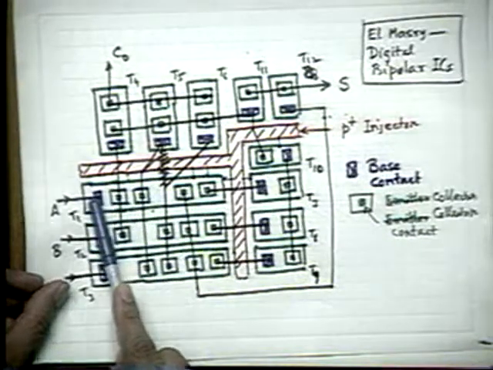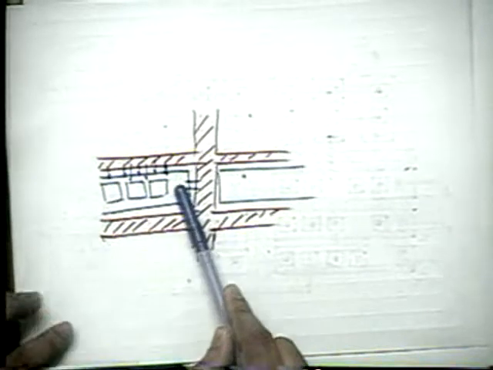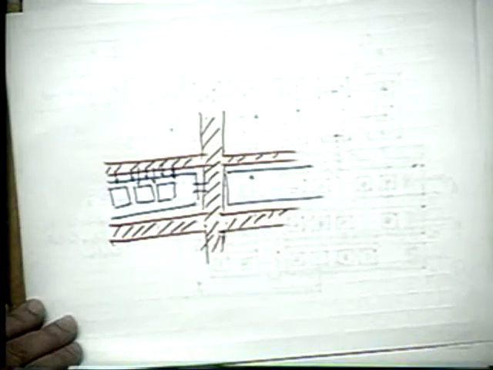In the earlier case, you really need collector area scaling. As you go away from this injector, the collector area should be increased a little, following a certain design rule. Okay? But in this case, that is not needed. What is the bad thing about it? Area. It will take a lot of area. Therefore, if the number of collectors is limited to 4 or 5, don't use this structure. But as soon as your number exceeds a certain value, say 5 or 6, then you have to go for this kind of design.